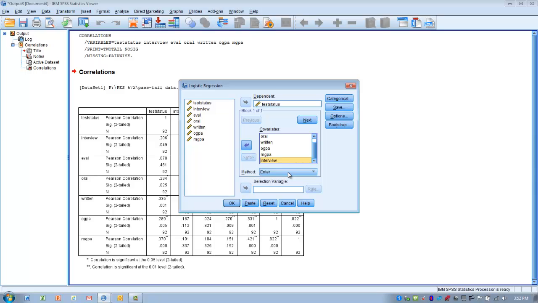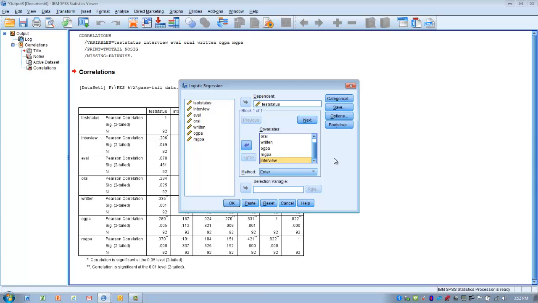We're going to enter them all into the model and see what kind of model they create. We can do hierarchical regression, in which we enter variables in groups or one at a time to see how they might change the model. But that creates quite a bit more complexity in the analysis. So we're going to keep this fairly simple and do the enter method, in which we use all the variables